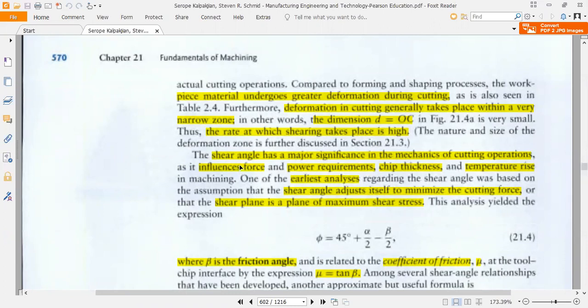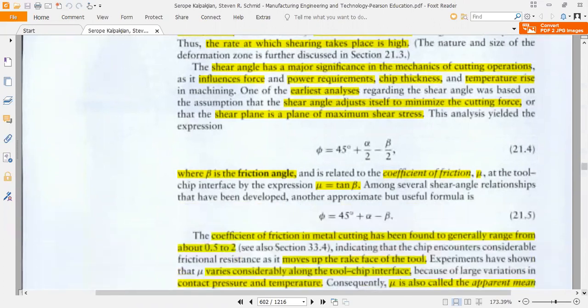Depending upon the force, it will be obvious to you what the proper requirements will be, and what the chip thickness will be, because chip thickness also depends upon this shear angle, or in turn it again depends upon the rake angle. The more the force applied, the greater the temperature rise, and this temperature rise will create problems. The workpiece heats up and its grain structure can be altered due to this high temperature. The tool will wear out at a very high rate because of the temperature rise. Plastic deformation of the tool can occur, and its edges become dull at a faster rate.